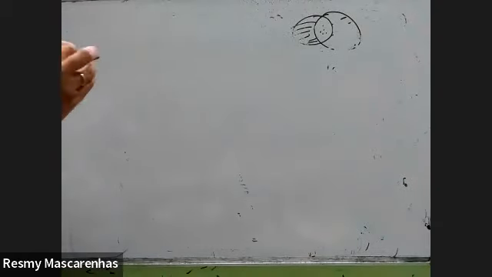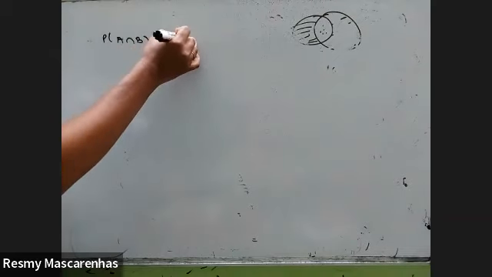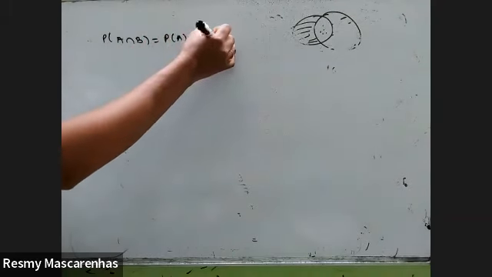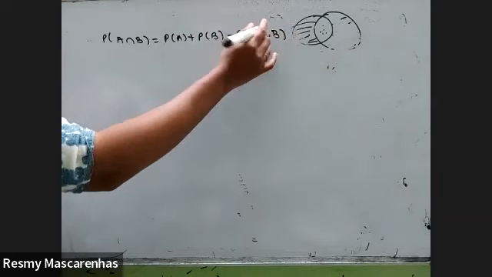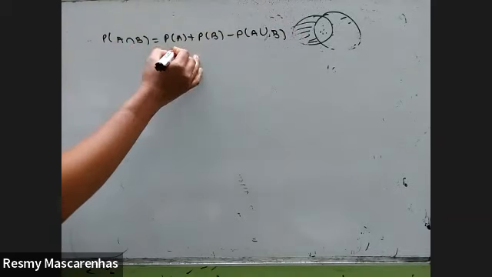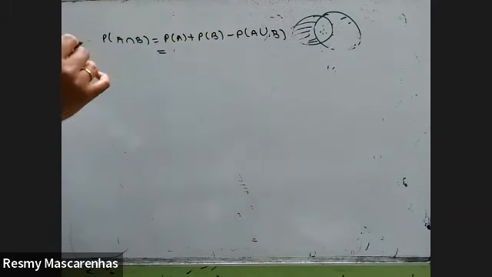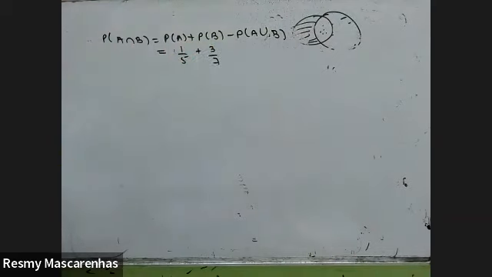So in the formula I will need the intersection. So we'll use the formula: P of A plus P of B minus P of A intersection B equals P of A union B. So we'll have to find this first and then substitute. So A is given as 1/5. Yeah, I found out, no?